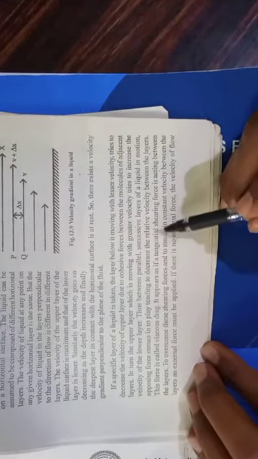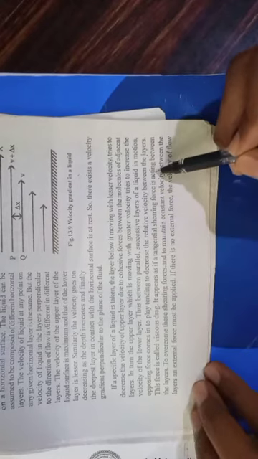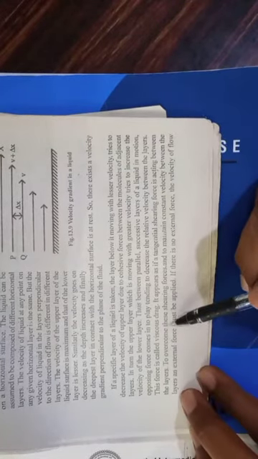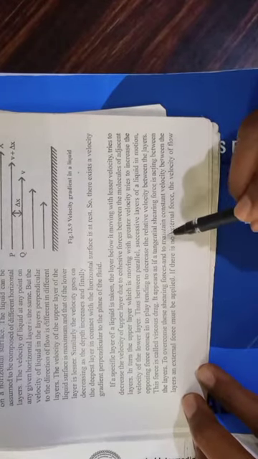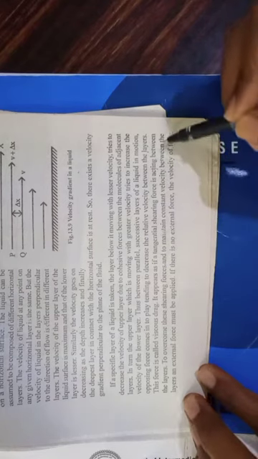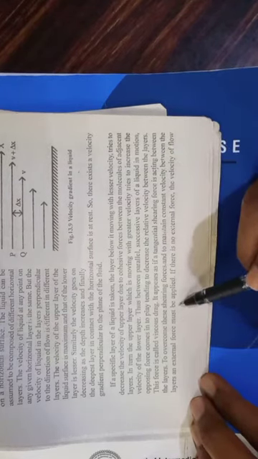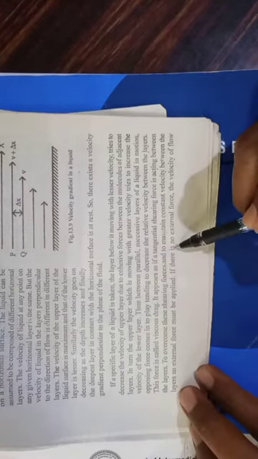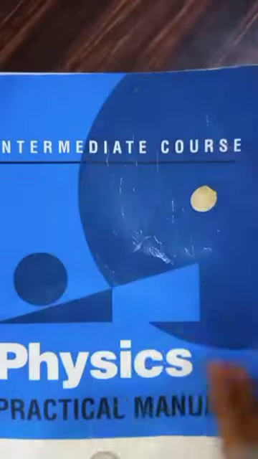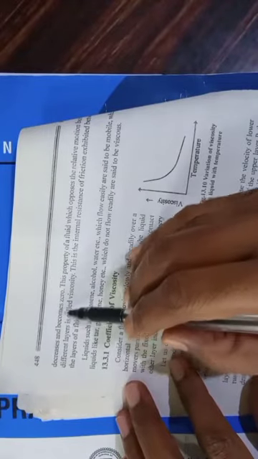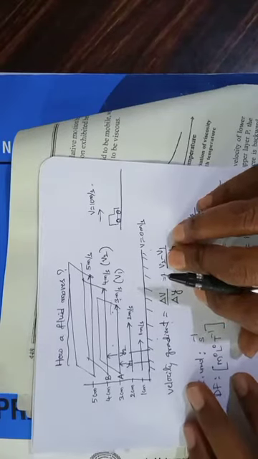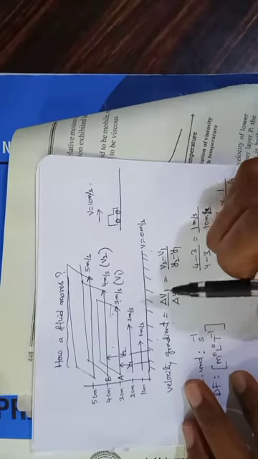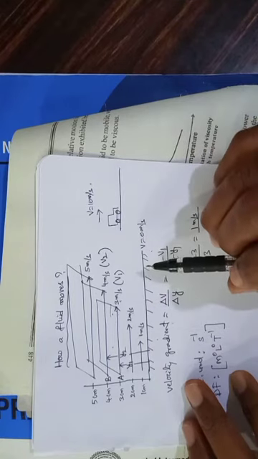It appears as if a tangential shearing force is acting between the layers. So, to overcome these shearing forces and to maintain constant velocity between the layers, an external force must be applied. If there is no external force, the velocity of flow decreases and becomes zero. See here, the same thing we observed in the case of friction also in an earlier chapter.